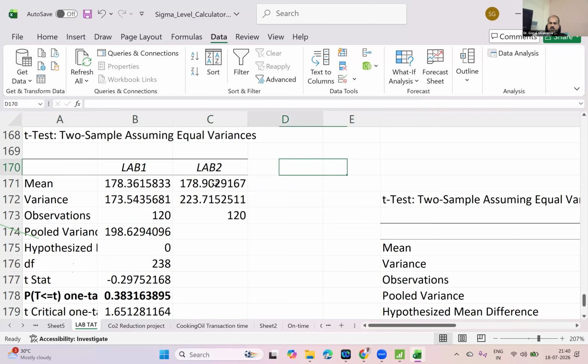Now, so the 2 sample t-test we are able to do, and ANOVA we are able to do in Excel as well as Minitab. Now, have you understood this procedure, all of you? Yes. ANOVA, 2 sample t-test.